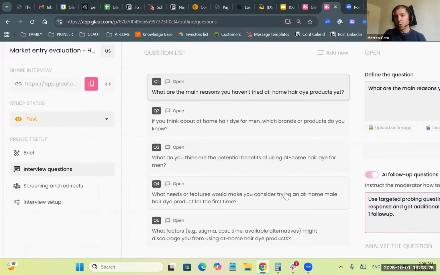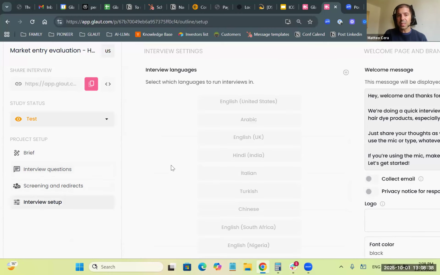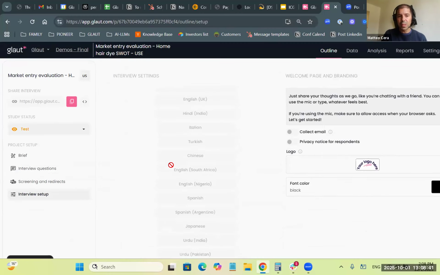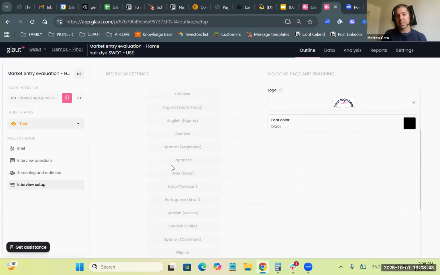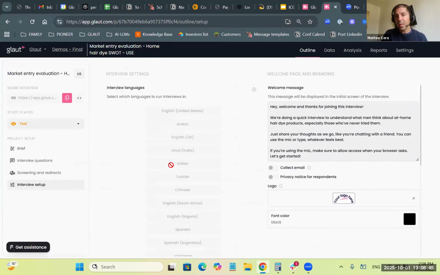We can also control screen outs, quotas, and all those technical details that are present in a quantitative type of scenario. Finally, we can decide the languages that we support in each interview. In these cases, we uploaded many languages, but usually we tend to have from 1 to 5 languages supported in any given project. That is, let's say, what the researchers usually use Glaut for.